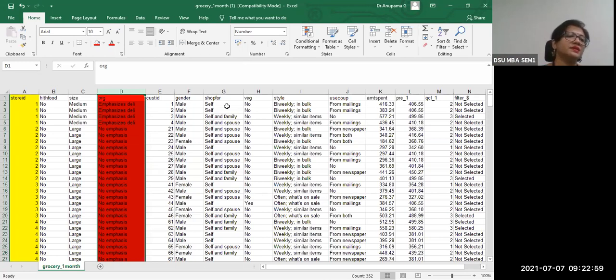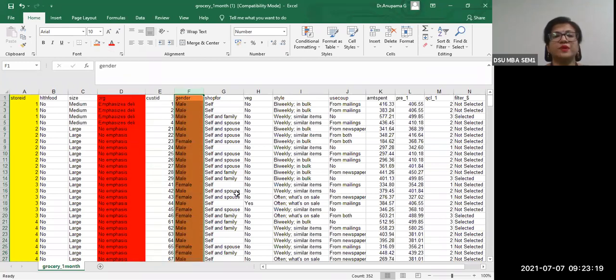Can you tell me what is there in column A and column D? What is getting captured? Is that a variable? Is that a case? If it is a variable, what is getting captured in the variable? You can take another column, say column F, and I mark it in orange or some brown color. Yeah, so there's an answer which comes in. Omkar says attributes. Yes, very good. Attributes of variables, right? So these are questions that you have asked and you are getting the response from the respondents, right? So what is the first question that has been asked?